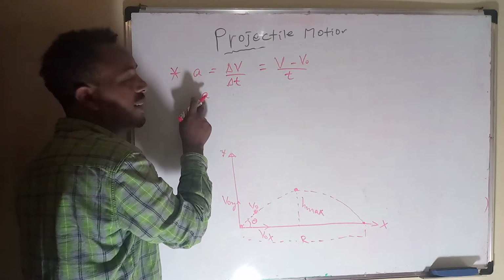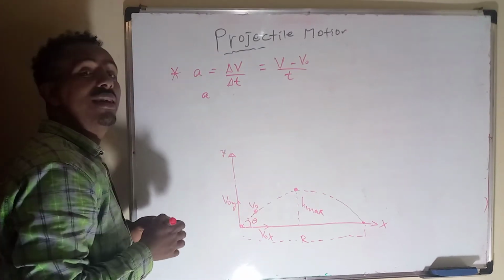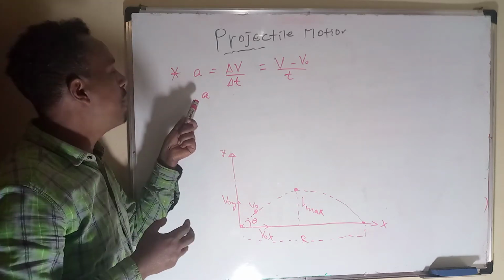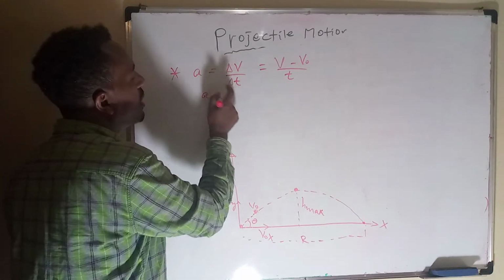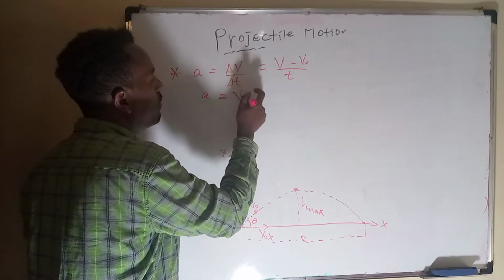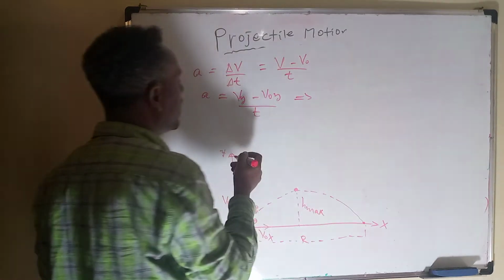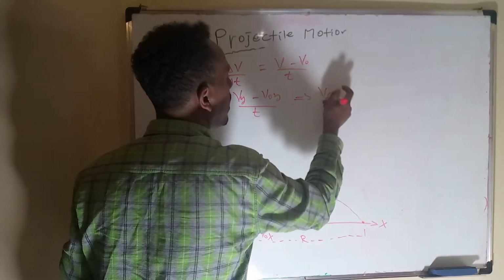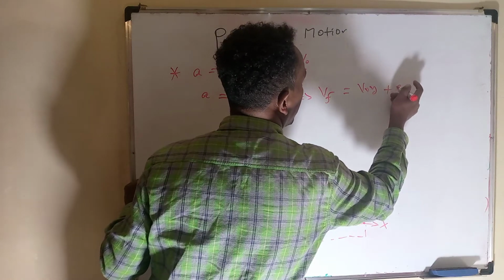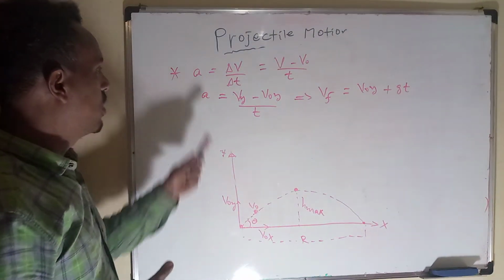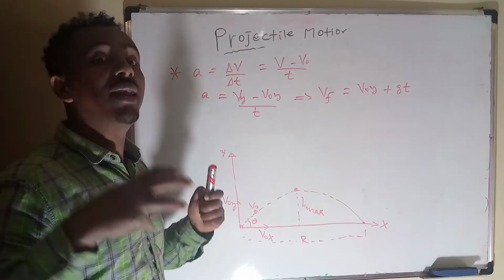እያየን ያለ ነው። ስለዚህ gravity ነው acceleration is substituted by gravity here, because we are talking the projected object is under the influence of gravity. ስለዚህ accelerate የሚያደርገው ያ object በ9.8 ሜትር ፐር ሰከንድ ስኩዌር ነው ማለት ነው። v along y minus v naught along y over time, so this implies by criss-cross multiplication v final is equals to v initial along y plus gt ማለት ነው። instead of a gravity substitute አደረኩኝ ምክንያቱም ያ ኦብጀክት አክሰለሬት የሚያደርገው በ9.8 ሜትር ፐር